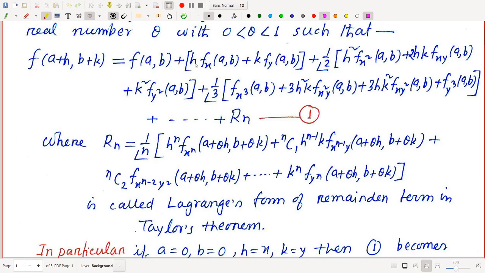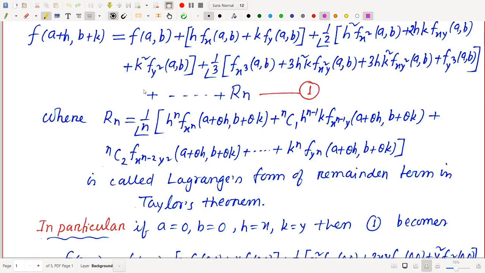f suffix x means del f by del x, f suffix y means del f by del y, okay, plus k square into f suffix y square at (a, b), which means del square f by del y square, the partial derivative of f at the point (a, b), second order with respect to y, plus 1 by 3